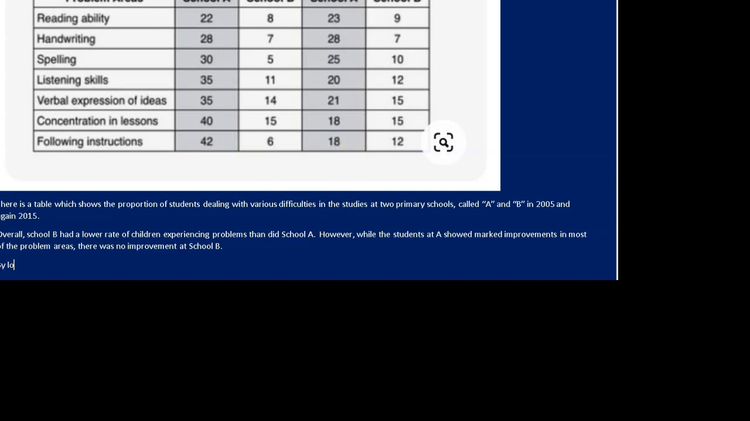All right, by looking at an average across